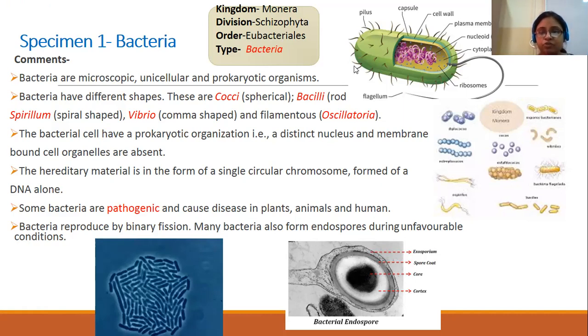Now, this is the structure of the bacteria. Here you can see this is the unicellular, single-cell body of this bacteria. It is microscopic. It is so small that you require a microscope to see them. Here you can see the outermost layer is the cell wall. So the cell wall is the outermost layer of this bacteria. It is mainly made up of polysaccharides. And then comes the layer that is the plasma membrane. It is present just beneath the cell wall.